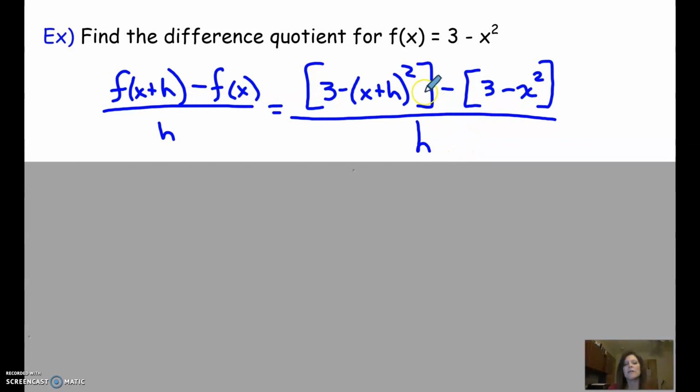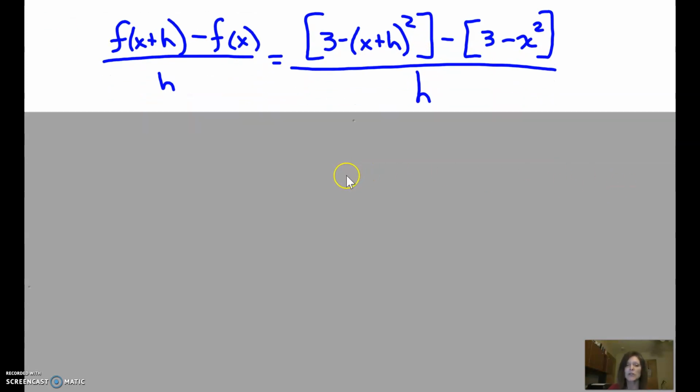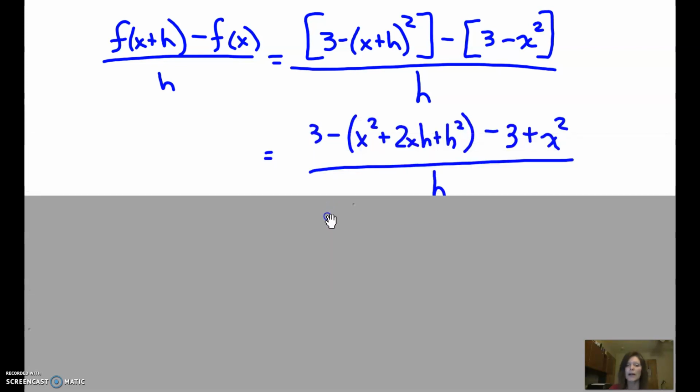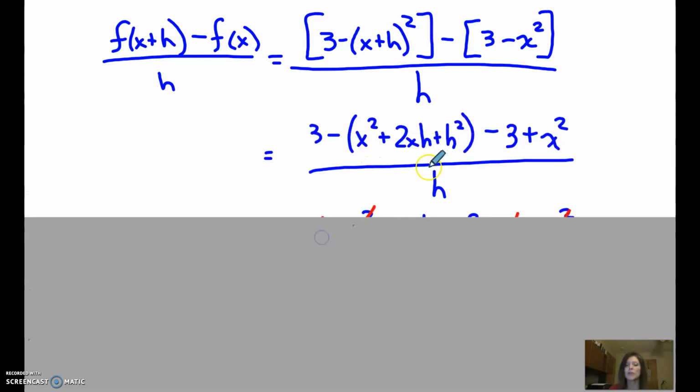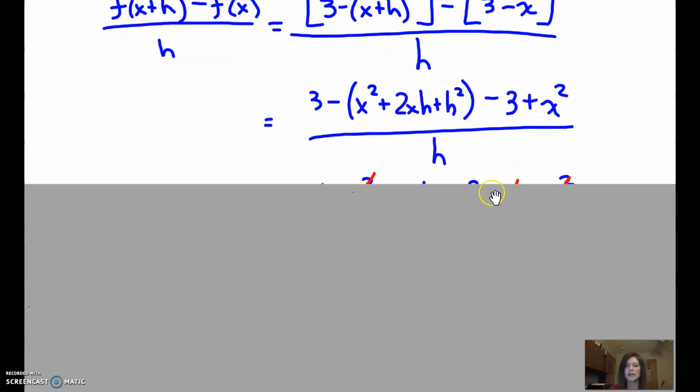In a previous video, we talked about when you square something, it does mean that you're multiplying it by itself. So you can't just individually square these things. You actually do have to work it out, okay? And you will get a trinomial. X plus h times x plus h, FOIL it, you get a trinomial here. Keep it in parentheses, right? Figure out what this is, and then we're going to subtract all of it. So all of those signs are going to change. Just like here, I had to change these signs.